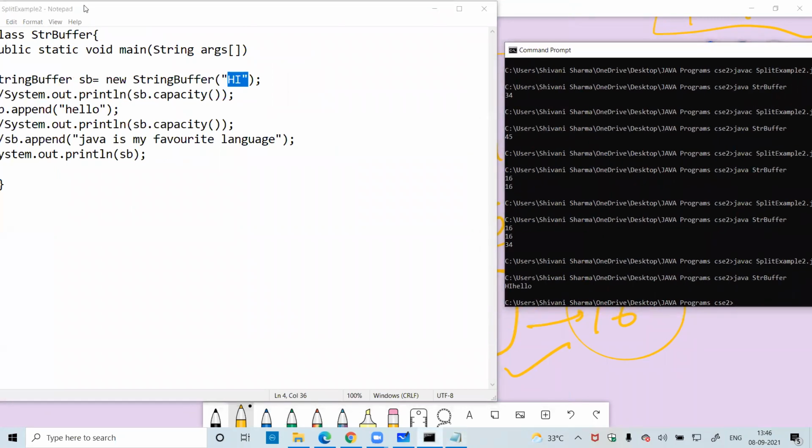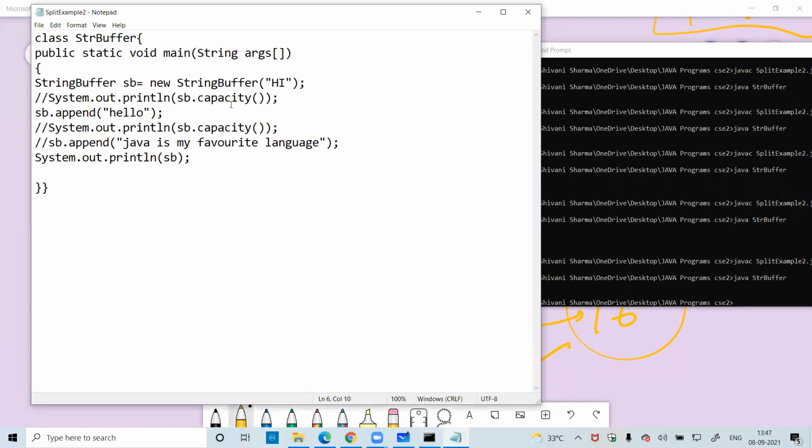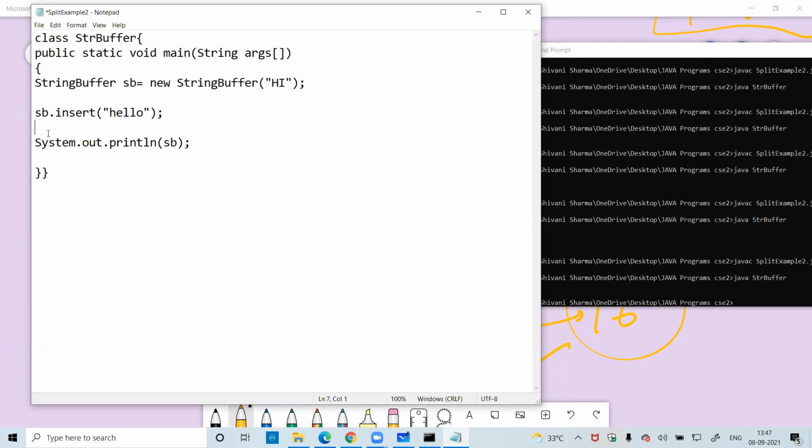Okay. Now let's move to the second method of the StringBuffer, that is insert. Let me erase these lines. Here, take some good content.